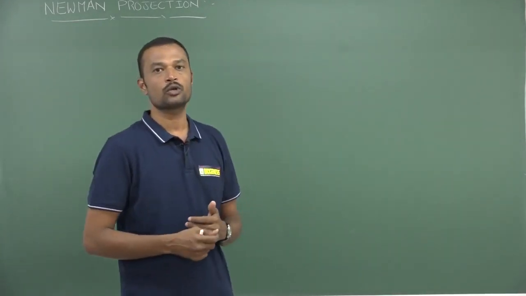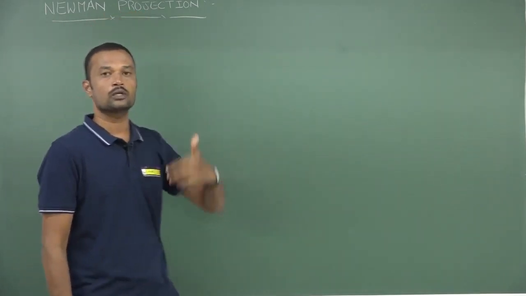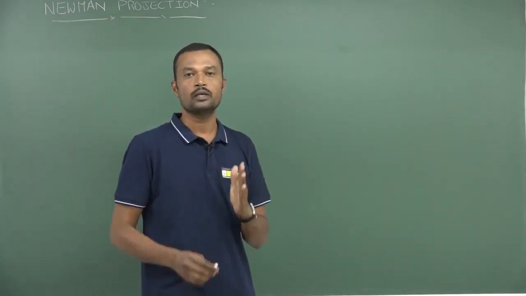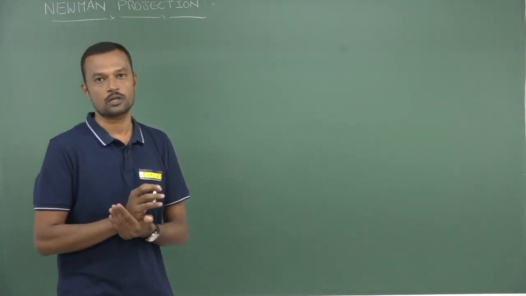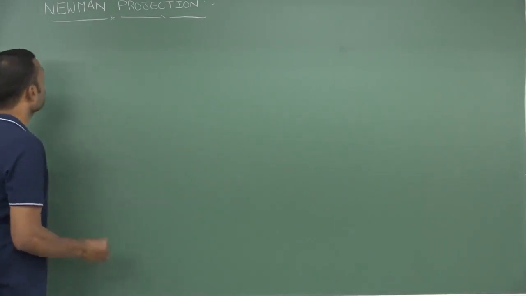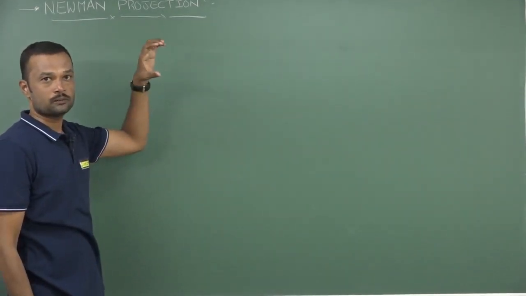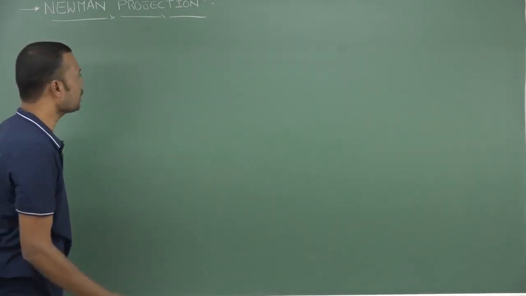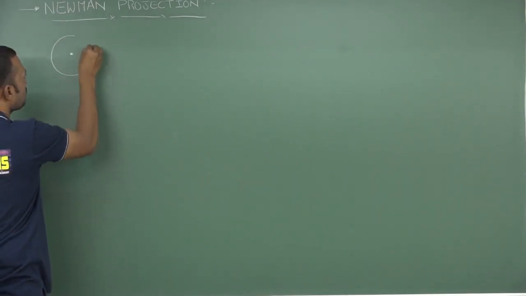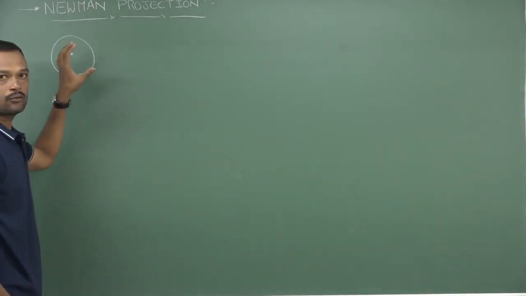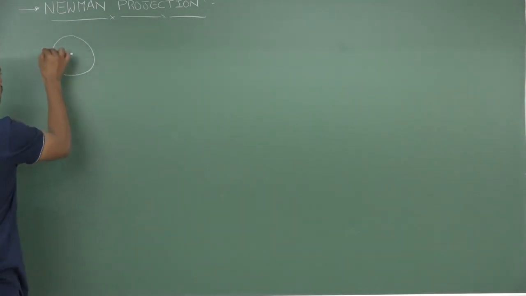So, in this particular video, we are going to discuss completely about the Newman projection. So, what actually does Newman projection suggest? Newman indicates representing Fischer in a proper conventional manner. Especially for Newman, whenever chiral centers are present, we have a front and rear carbon. The front carbon is represented by a dot and the rear carbon is represented by a circle.